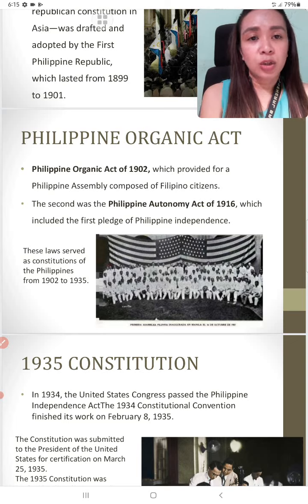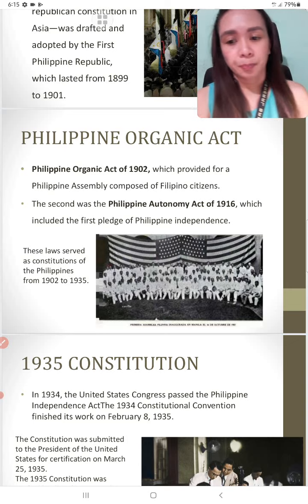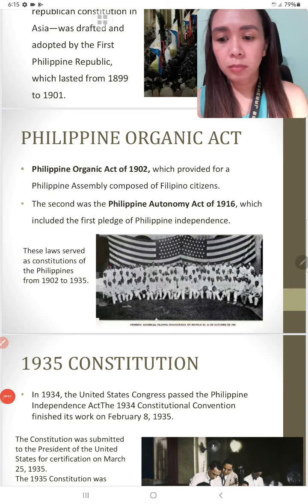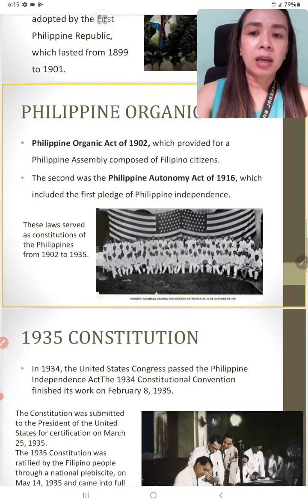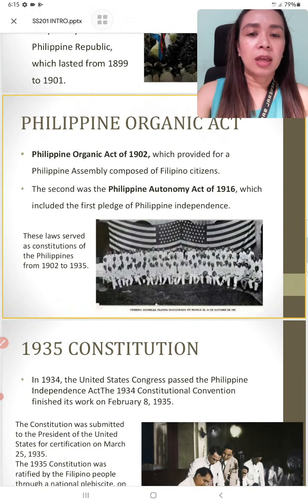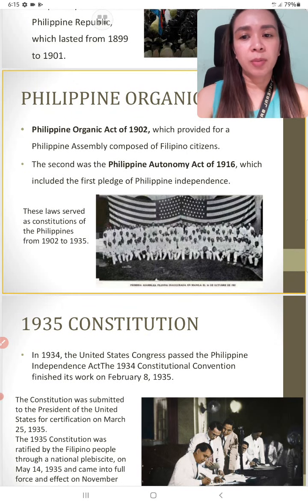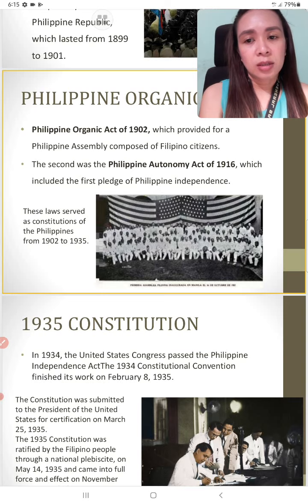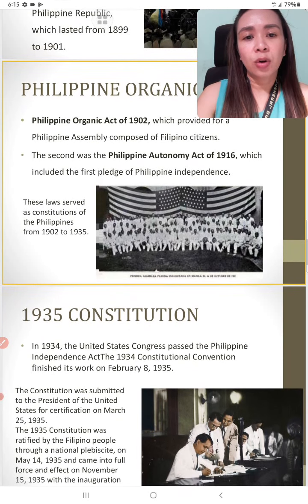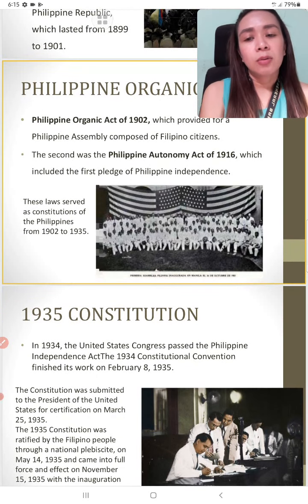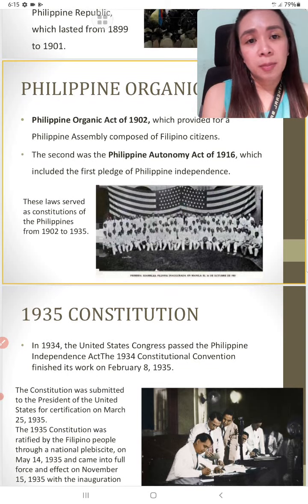in preparation for transition, transition na totally ibibigay sa Pilipinas yung kalayaan, no? And that is a promise of the Americans sa Filipinos. And during this, the second Philippine Organic Act was yung Philippine Autonomy Act of 1916, which included the first pledge of Philippine independence. No, so after, I think that was